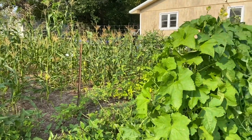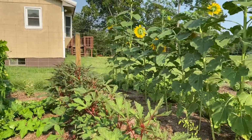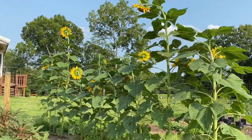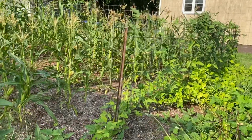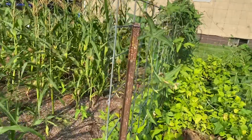There is a lot going on in the garden right now, and I want to show you just a very small segment of it. In particular, I want to show you beans today. We've got a lot of different varieties of beans going on, and I will start over here with our